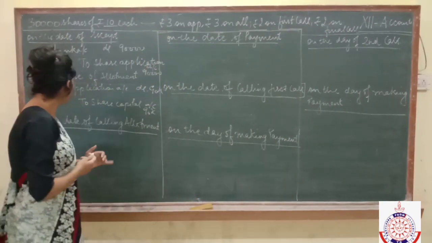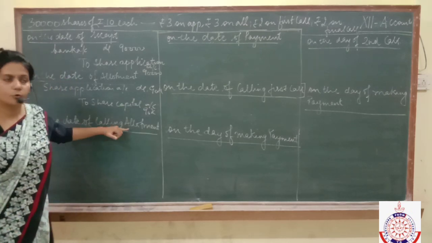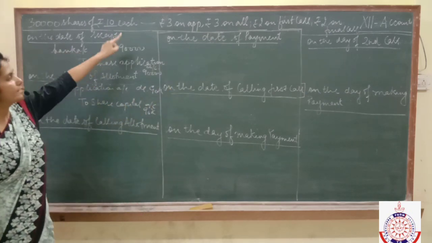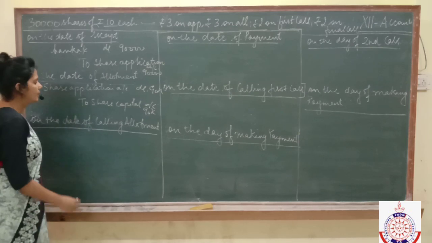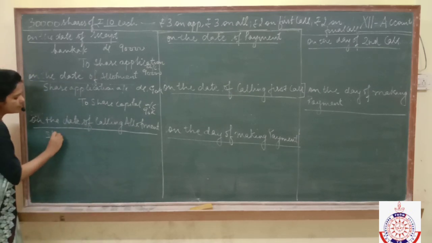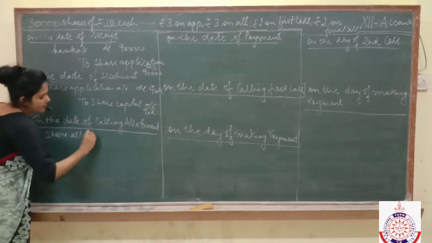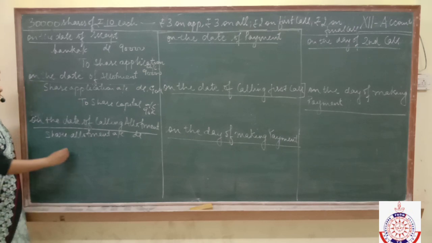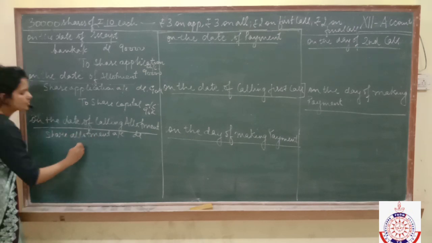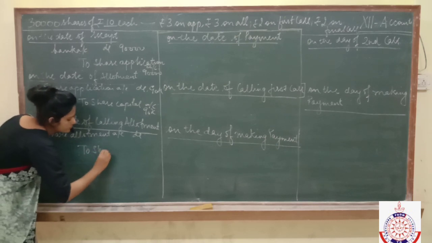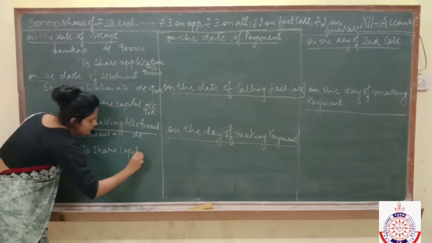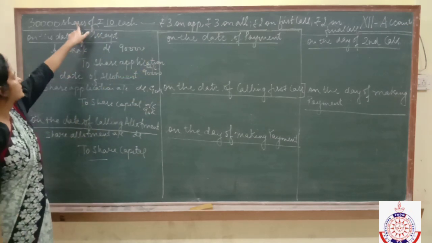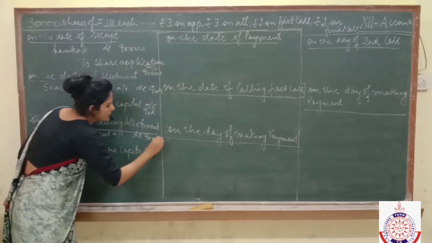So now you first of all tell your shareholders to make the payment of the second installment, that is allotment. Fine. Allotment is also of rupees 3. So now you are telling your shareholders to make the payment of allotment. You are just informing them. Fine. So the entry becomes share allotment account debited to share capital account. And the amount of allotment is 3. Total shares are 30,000. So this is 90,000.